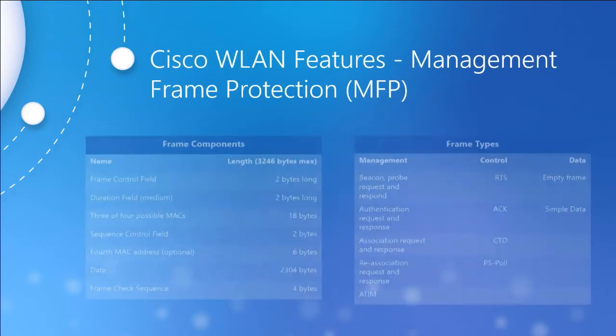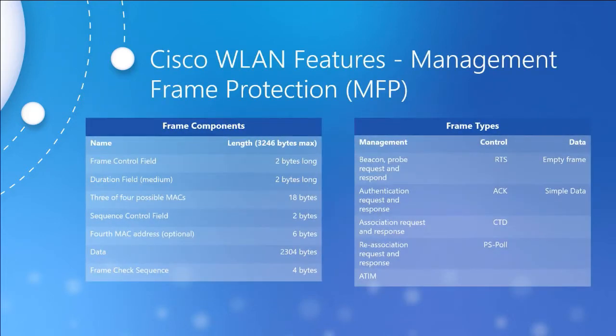The first one we want to cover is management frame protection. Now, when we talk about Ethernet or 802.3 frames, they're going to be modified for use on 802.11 networks. That's because an 802.3 frame includes the sending and receiving MAC address, otherwise known as the source and destination. That source address is used as a return address for reply traffic. The destination address is used for delivery and also so that the recipient can verify it is actually the intended